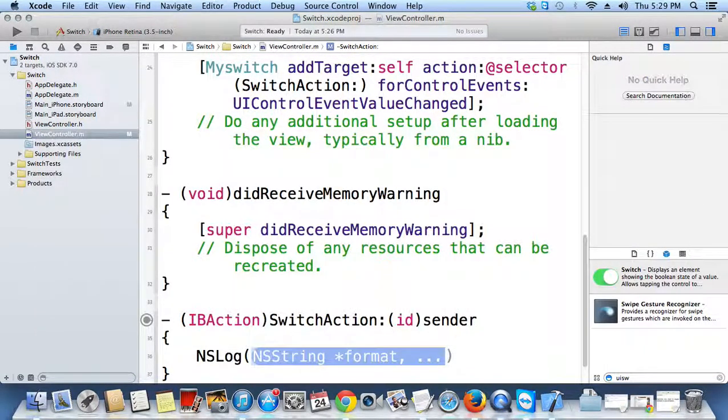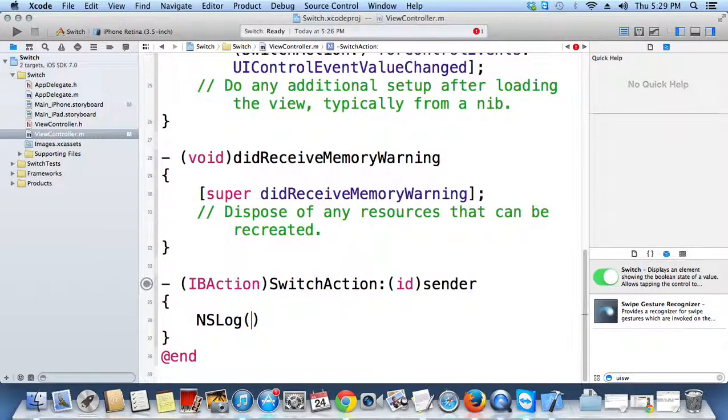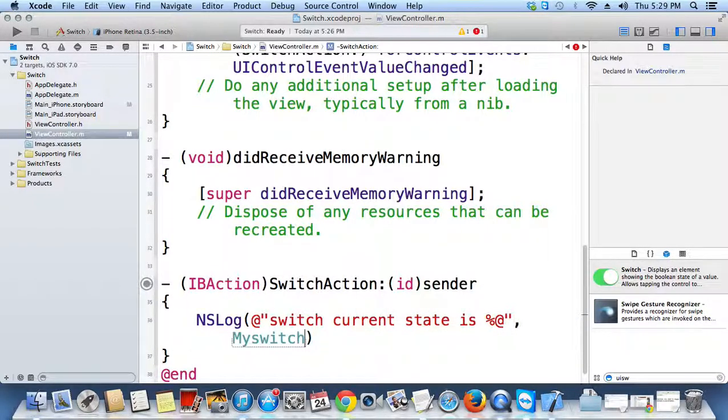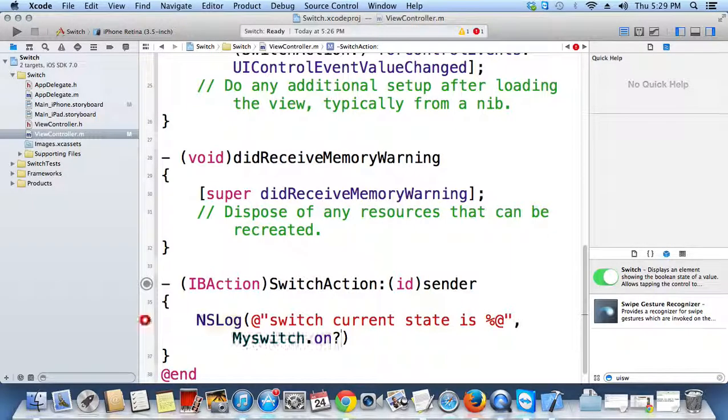NSLog, select an NSString, "switch current state is %@", comma, mySwitch.on. Here I am going to use the ternary operator.